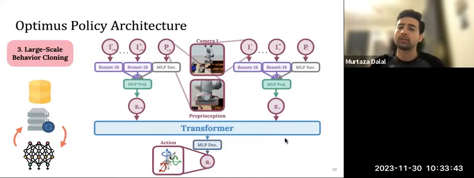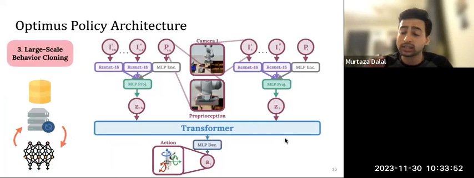Finally, let's quickly describe the policy architecture that we use to perform large-scale behavior cloning. Specifically, we use a transformer model that operates over just the history alone. For each time step, we produce one token, which integrates information from all the different modalities and all the different types of observations that we see in that specific time step. For each image, we'll encode it using ResNet, or for proprioception, we'll encode it using an MLP. We'll concatenate and project all of these into the transformer embedding dimension, and then we'll simply attend over these tokens.